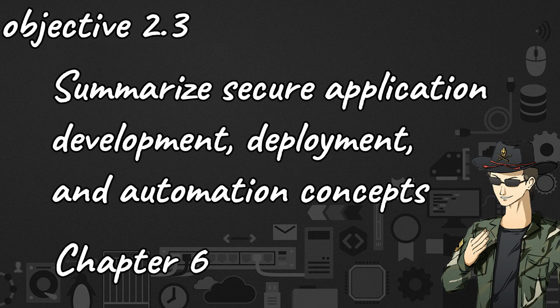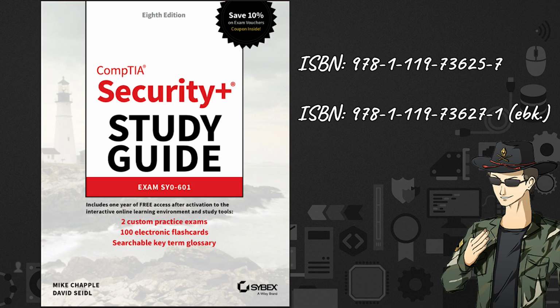What's going on, everybody? It's Eric from Panola, and we're here covering another objective inside of our CompTIA Security Plus step-by-step objective video series. Today we're going to be covering objective 2.3, which is summarize the secure application development, deployment, and automation concepts. This will be coming out of our CompTIA Security Plus study guide, SY0-601. And we're going to be doing our best to do said summarize, and I think that's what we do best